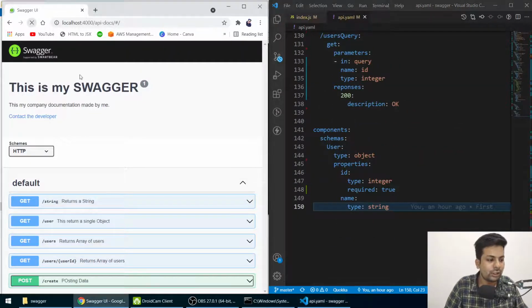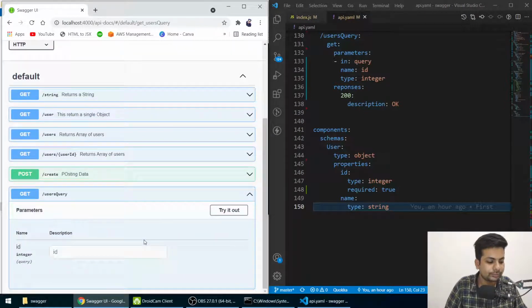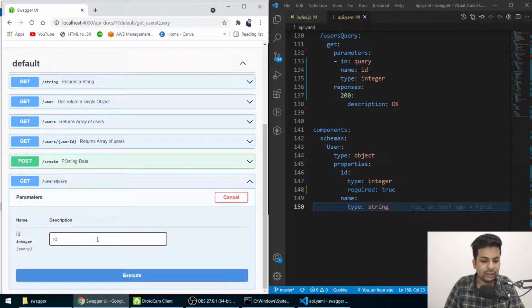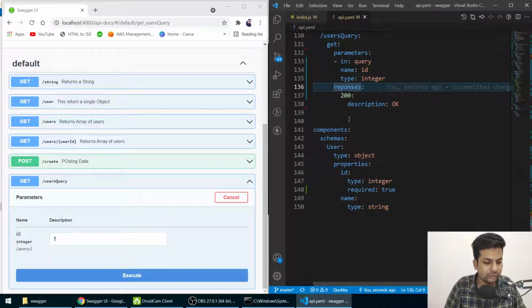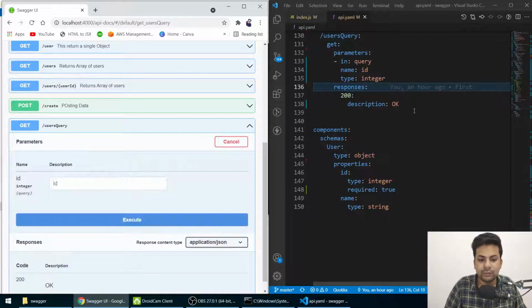Now if I reload it, users query appeared. Now see, it's an integer, it will go as a query. Okay, so I want to say, try it out. Now I want to get the one data, and it should be responses. Now if I reload this, yeah, so now you can write 400, 500, 404, whatever you feel like.